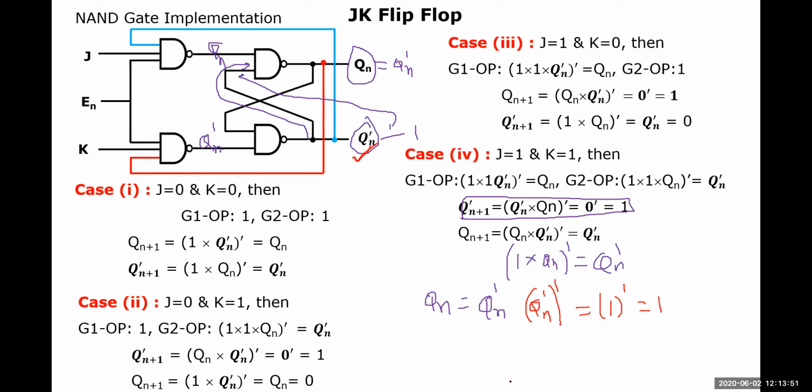Why have I taken Qn complement whole complement? Because the actual ordinary value has come like this, Qn complement, and this Qn complement will be submitted here. If you submit it here, it becomes Qn complement whole complement. The actual Qn value is Qn complement, so it already has a complement, and this goes for a whole complement here. So that way, Qn complement value is 1 already, so that will be complemented again. Sorry, it is 0. I'm sorry, it is 0. So here you get 0.